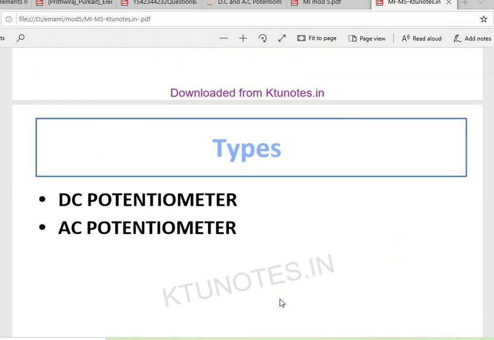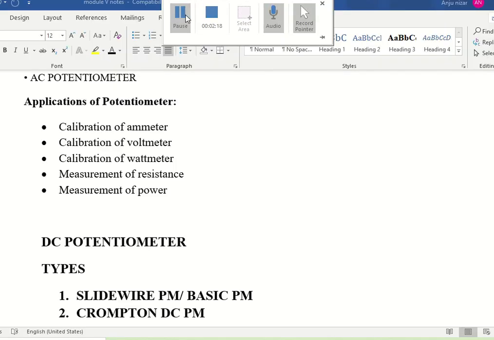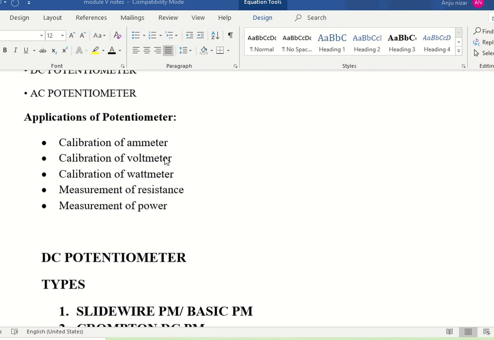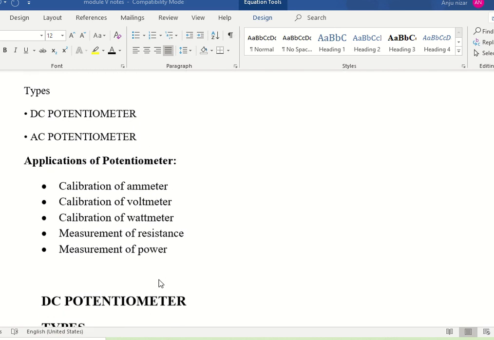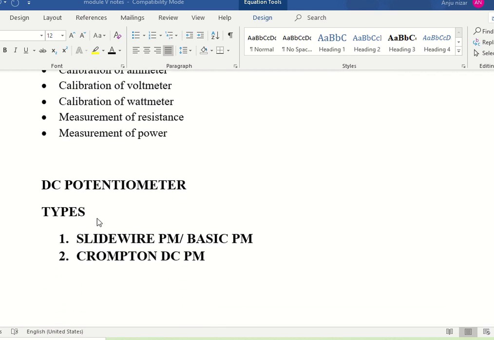Next, there are two types of potentiometer, DC and AC potentiometer, and in this lecture I am discussing DC potentiometer. So these are the main applications of potentiometer: calibration of ammeter, calibration of voltmeter, calibration of wattmeter, measurement of resistance and measurement of power. And we are discussing in this module about DC potentiometer, and there are mainly two types: